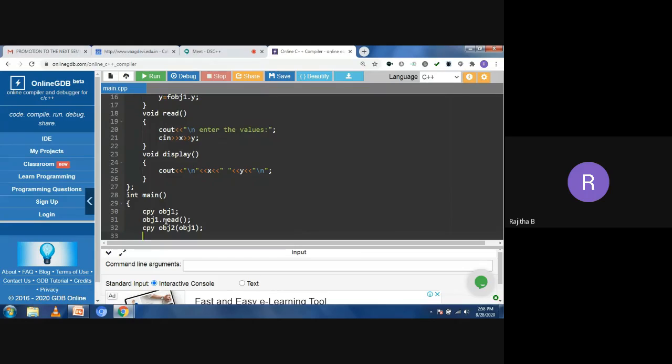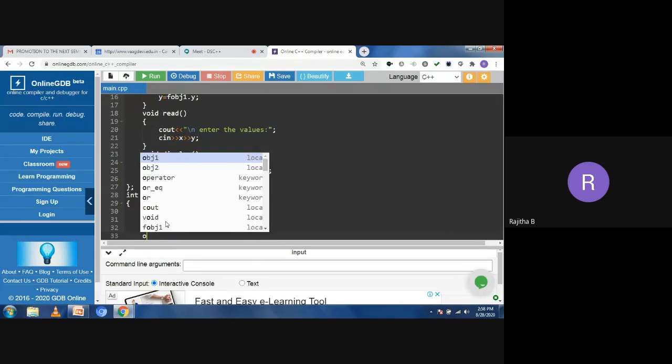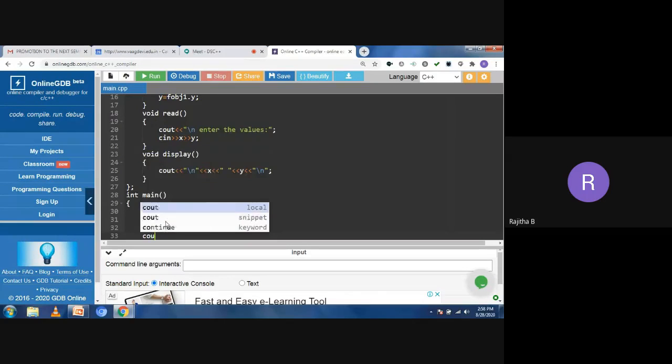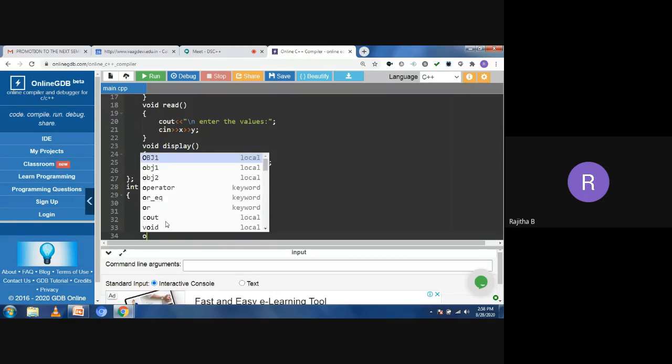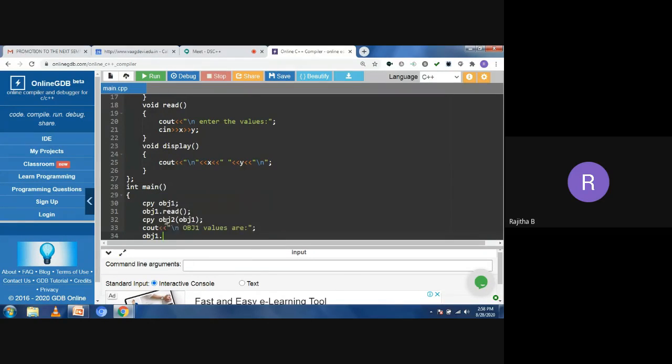And after this copy statement, I want to print the values of both the objects. Before that, I'm taking the statement here, cout obj1 values are. So now I want to call the display function with the object 1, obj1 dot display.